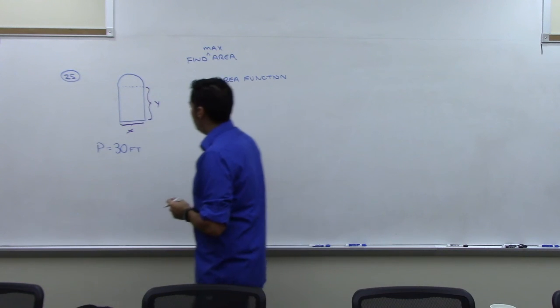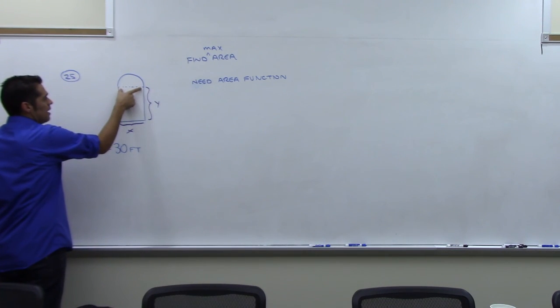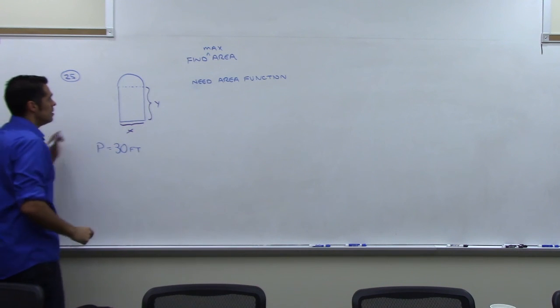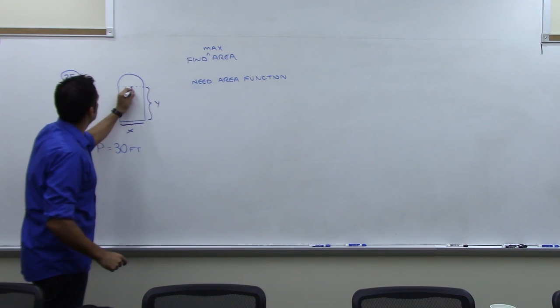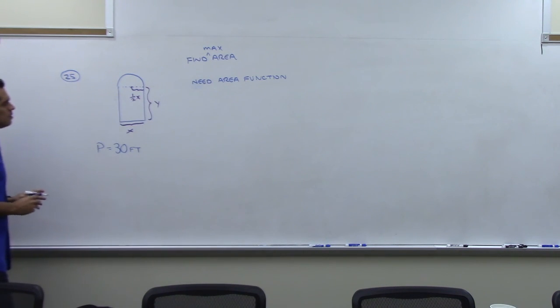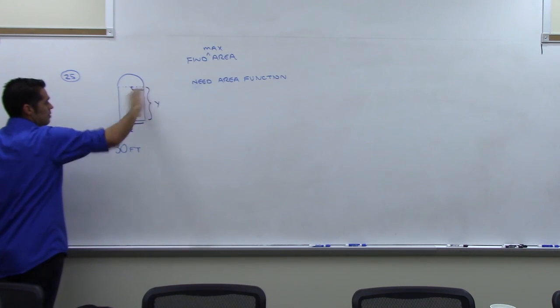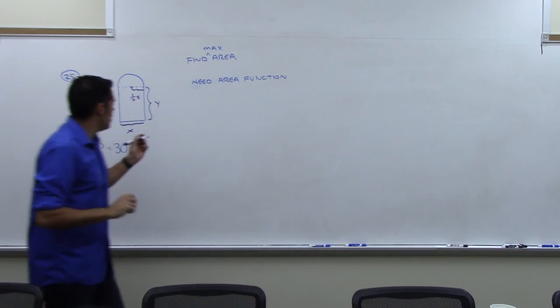And if I have fixed this to be x, I know the diameter of this circle. If I know the diameter of the circle, then I know the radius. If I go from here to here, that's half of x, right? So I know the radius of that circle is half of x. I know the whole base of this rectangle is x. I know that the height of the rectangle is y. So the area of that